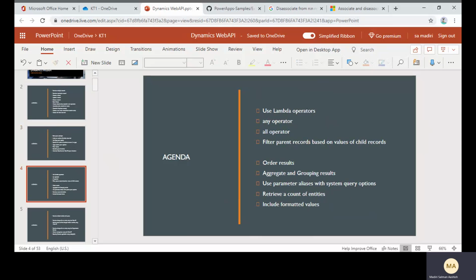In lambda operators we can use the any operator and the all operator, and we can filter parent records based on the child records. And we'll see about ordering results, how to use order in web API, and we'll see how to aggregate and group results, and we'll see how to use an alias parameter with the system queries, and we'll see how to retrieve a count of entities,